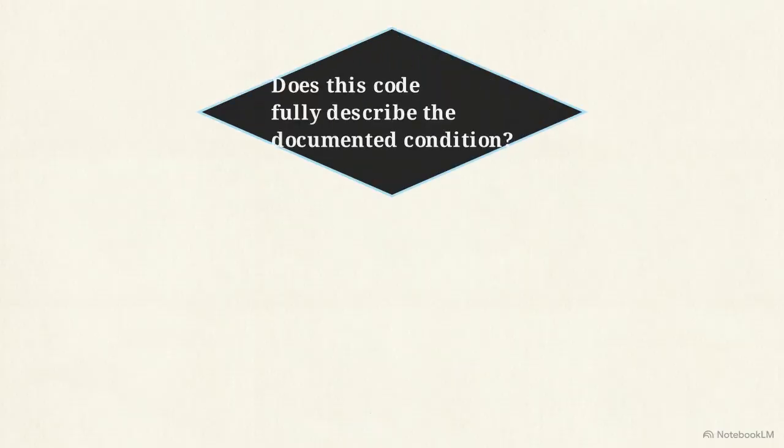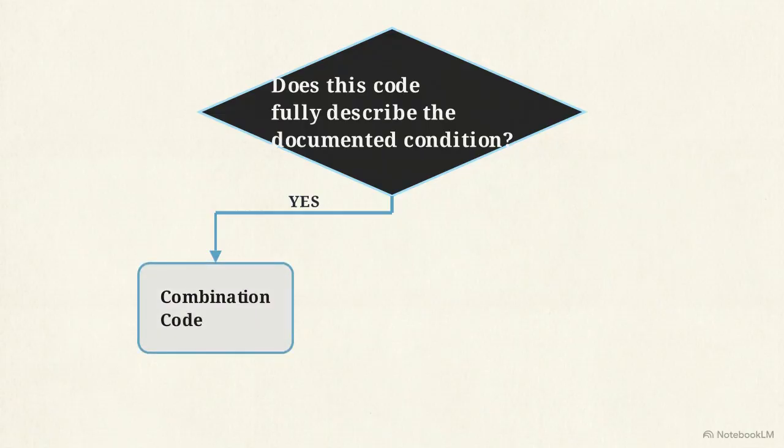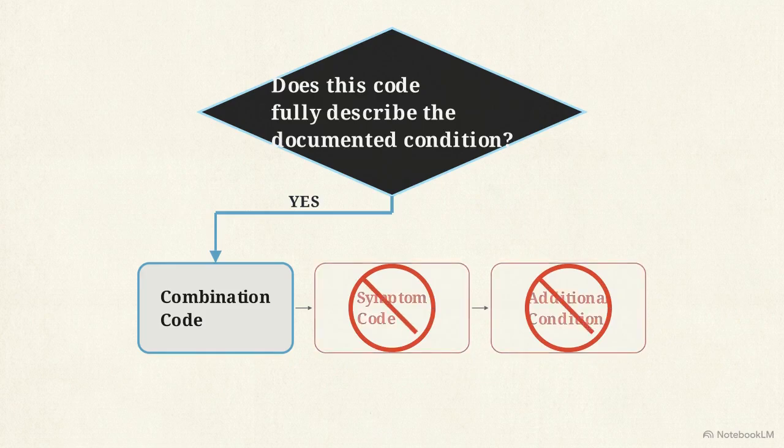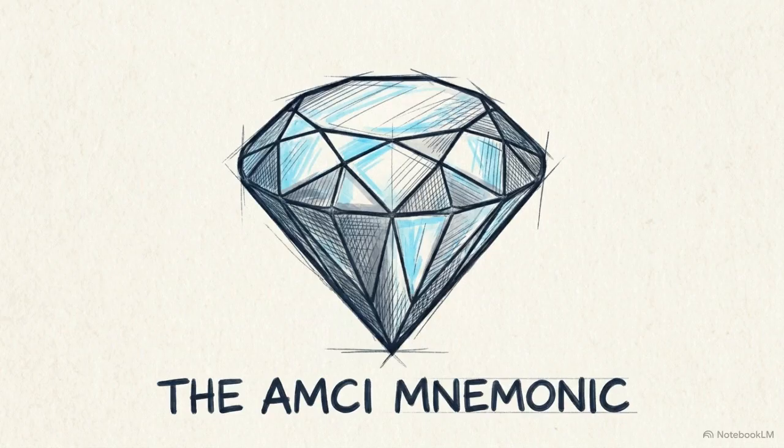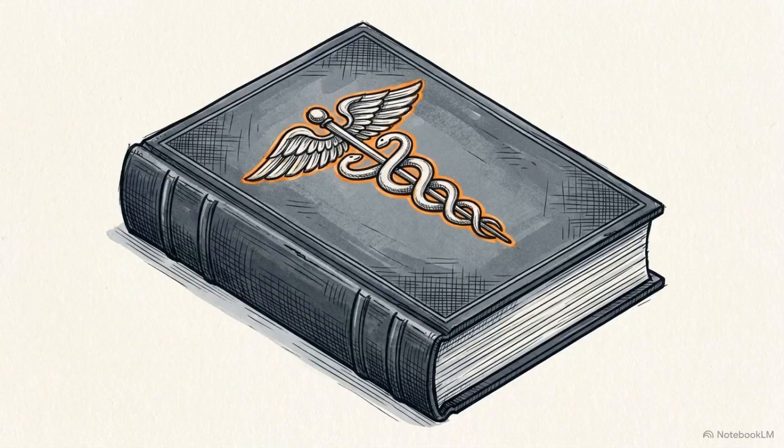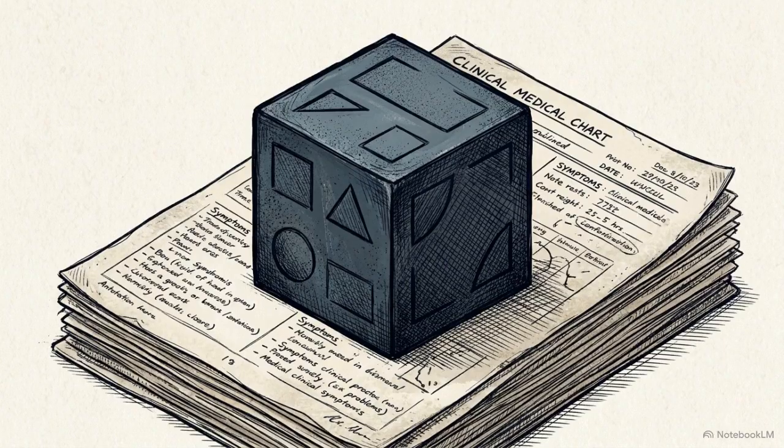This flowchart represents the core decision matrix. The central question is, does this code fully describe the documented condition? Following the yes path means the single code captures all documented elements. When this happens, the rule is strict. Do not assign extra codes for captured elements. To lock in this concept, we use the AMCI MJ-GEM mnemonic. One code if it tells the whole story. The whole story means the single code encompasses every related diagnosis and complication explicitly detailed by the provider for that